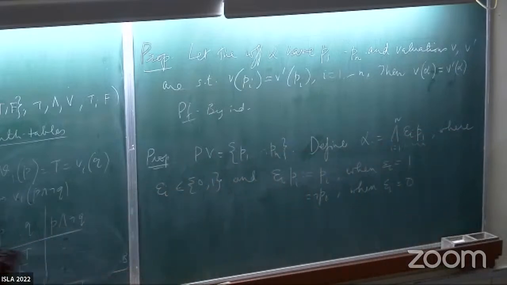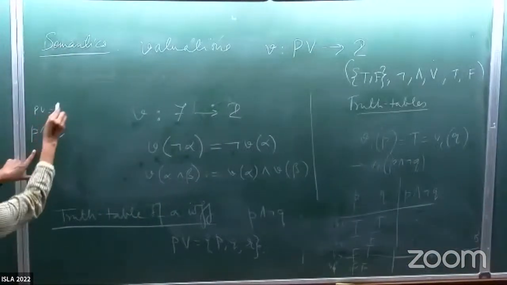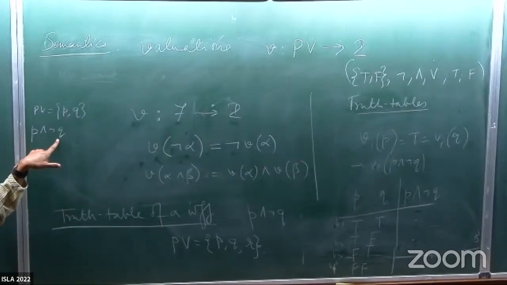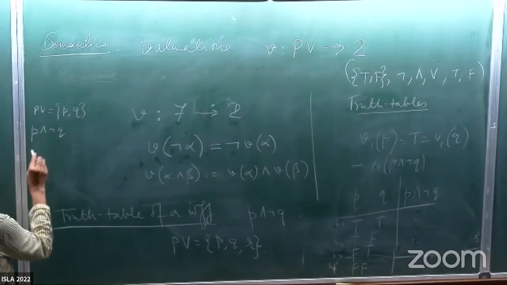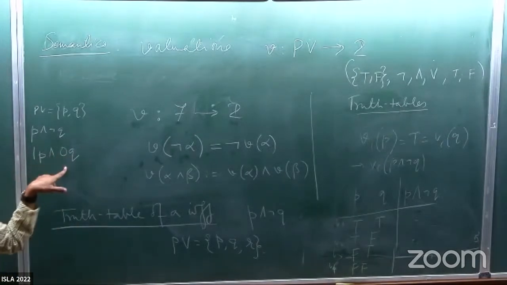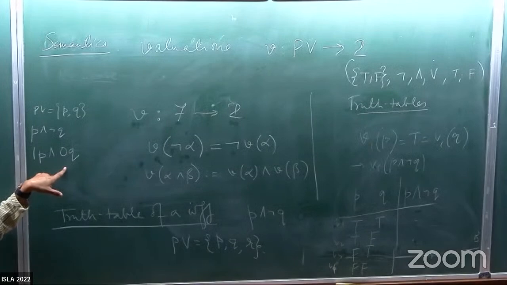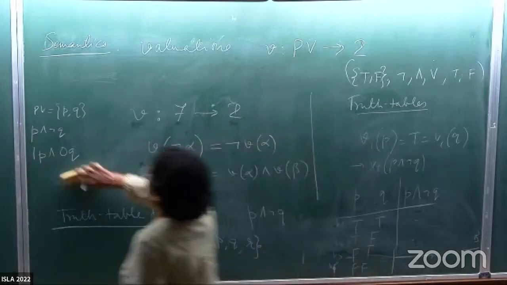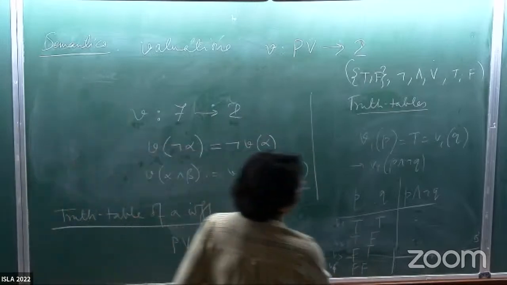All right. So in other words, what does that alpha look like? That alpha looks like something like P and the formula. If your PV is, let's say, P comma Q, then this, for example, you could think of as 1P and 0Q. Right? All right. Fine. So that's just an abbreviation that will come in handy a little later. That's why we introduced that one.